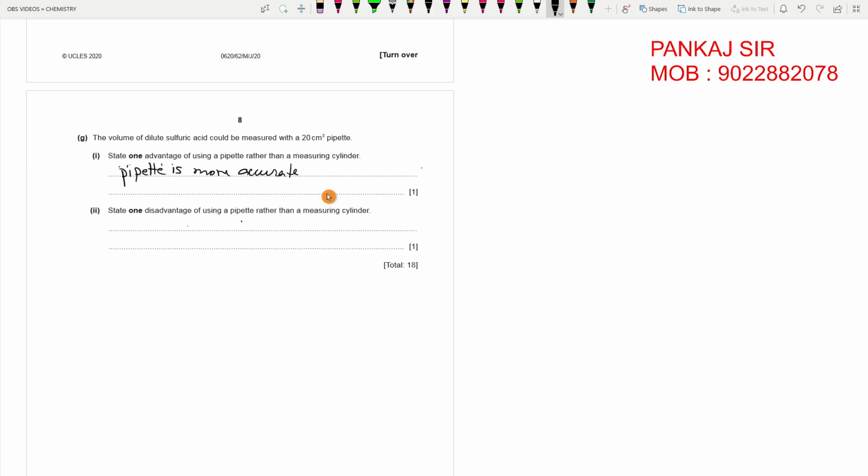And what is the disadvantage of using a pipette? So while using the pipette, you have to be a little careful. So the disadvantage of using a pipette may be that it consumes more time. Consume more time. So the process will become a bit lengthy. Okay. Next